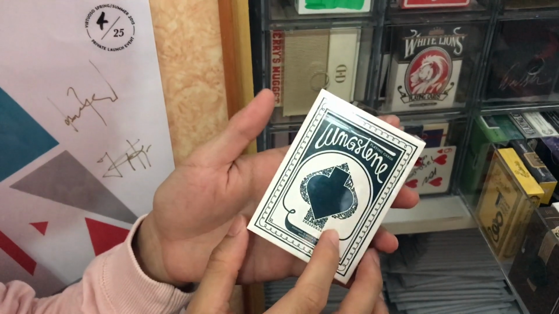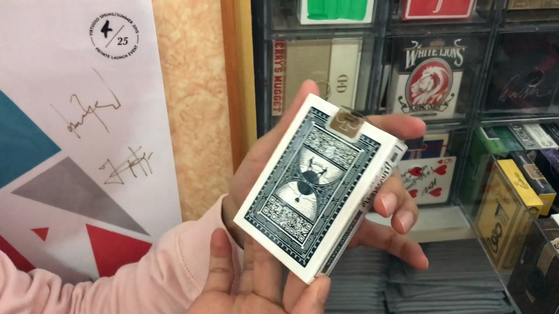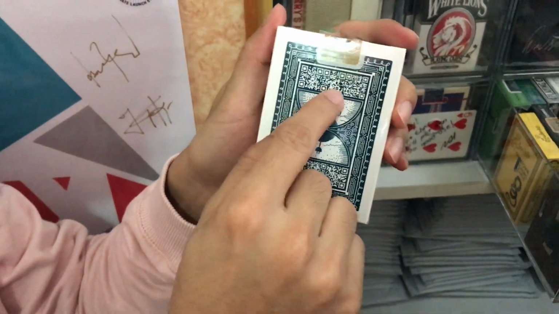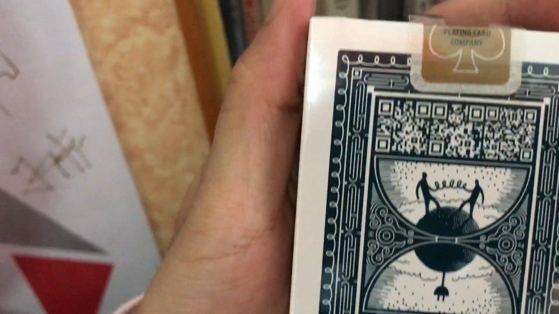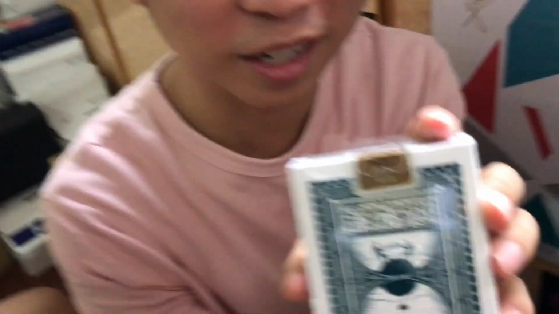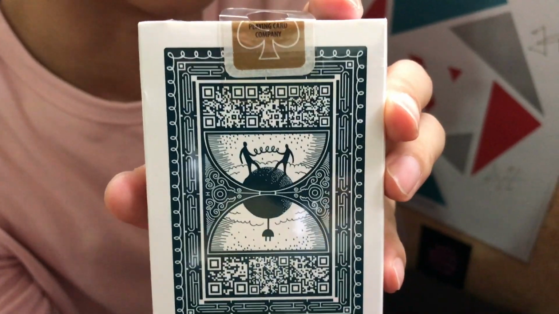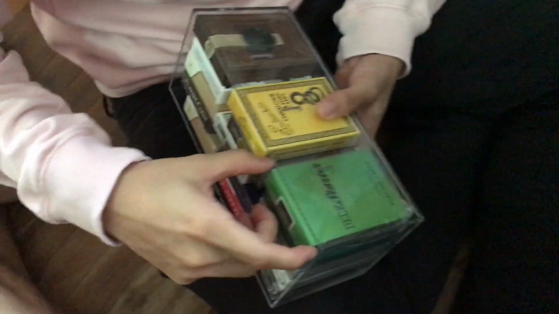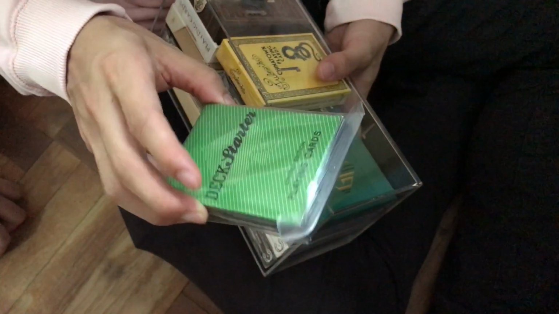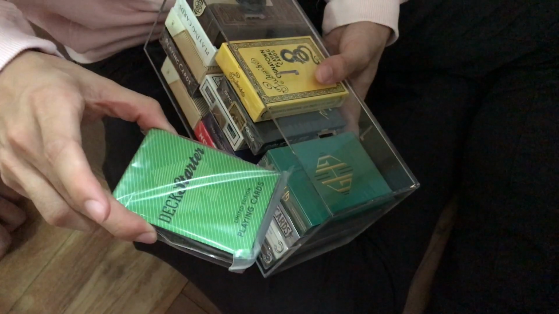Tungsten playing cards. Who's this by? Dan and Dave. There's even a QR code here. Have you tried scanning the QR codes? No, actually not. I didn't realize the QR code. Somebody in the comment section, please tell us what this links to. So we have the deck starter cards here. It was supposed to be Dave's Kickstarter variant for playing cards,